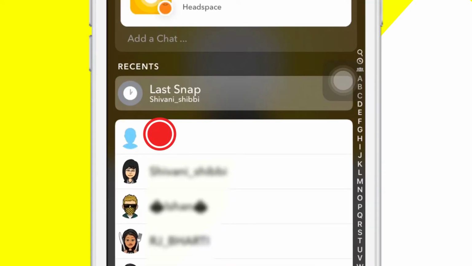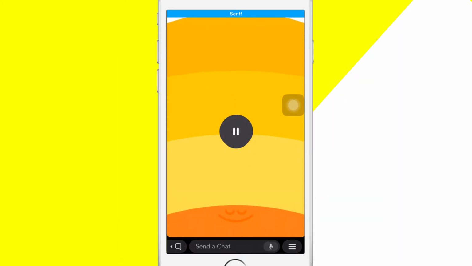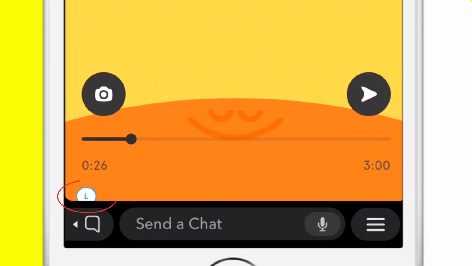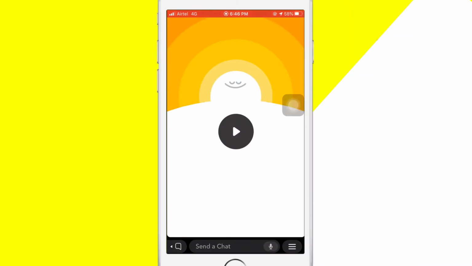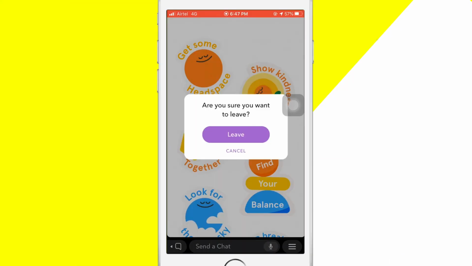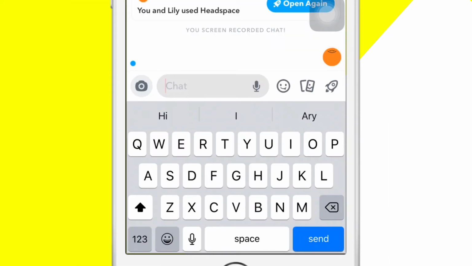session with that friend. Once you get into a session with your friend, you will get to see they are joining throughout with their Bitmoji character displayed at the bottom of the screen. And by tapping this chat box icon at the bottom left of the screen, you can leave the session.